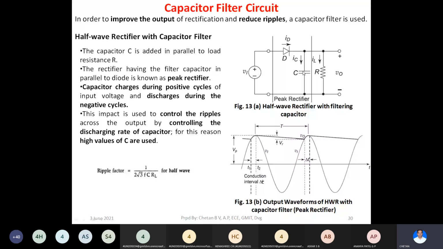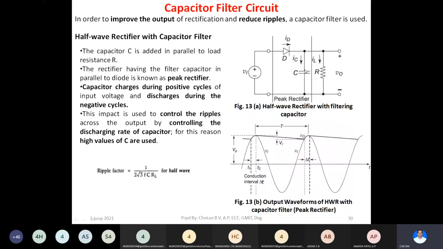So now the scenario is such that there is a diode. At one end of this diode, we have connected the input source. At the second end, it is connected to a capacitor which is also charged to a voltage value equal to the input AC. Then obviously this diode will be reverse biased, and whenever this diode is reverse biased, it is an open circuit. So the capacitor would start discharging as the circuit becomes open.